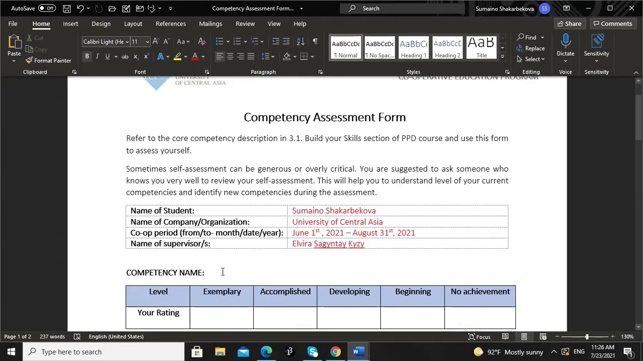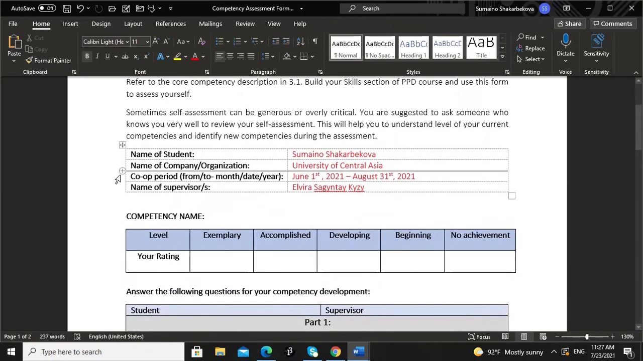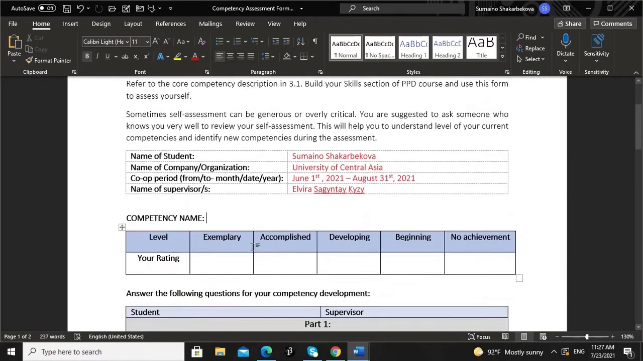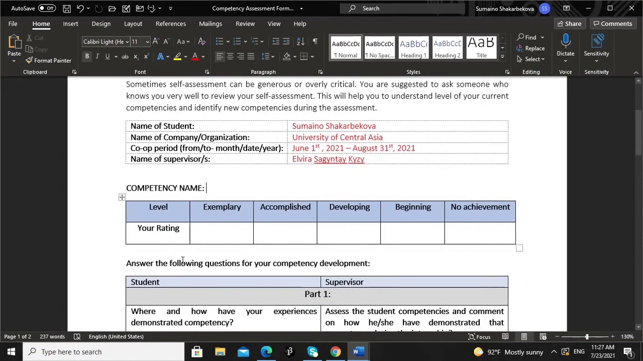Next, it will ask for the name of the supervisor. So who is that line manager or supervisor who is guiding you throughout your internship experience? For example, I have written my supervisor, Elvira Sagantakise, who is guiding and supervising me throughout my internship with University of Central Asia. Next, after completing the first part of the competency assessment form, there is a second part which asks for